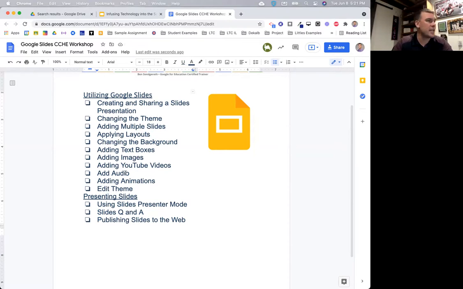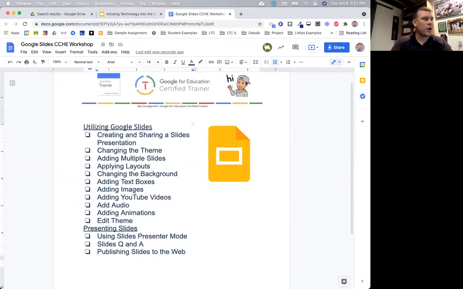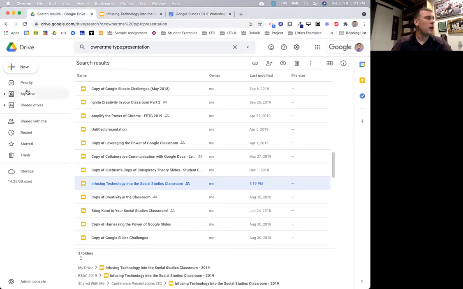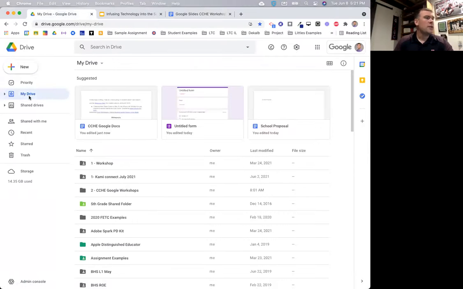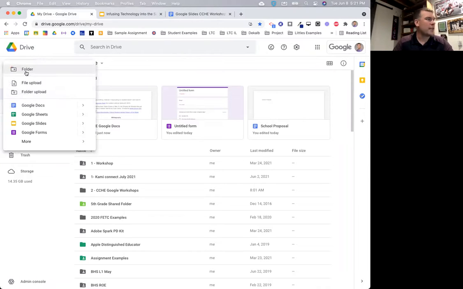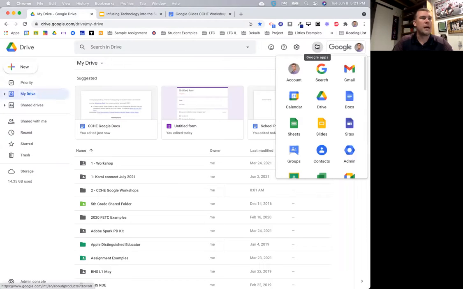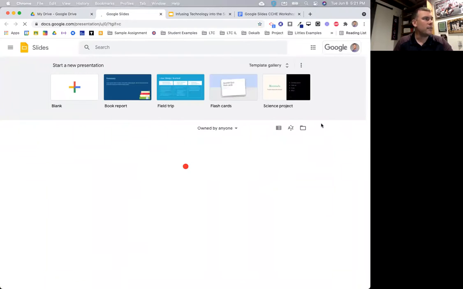This is a nice checklist showing all the different things that we can do with Google Slides. To access Google Slides, similar to Docs, we can access it a couple of different ways. The way that I like to do is new in Google Drive and then Google Slides here. You can also go to your waffle in the top right-hand corner of your screen and select Slides, and that will go to